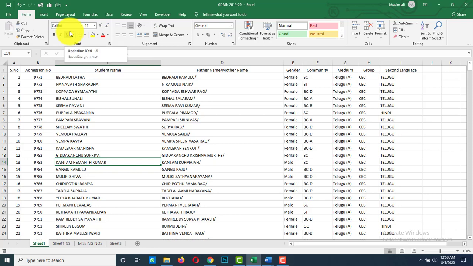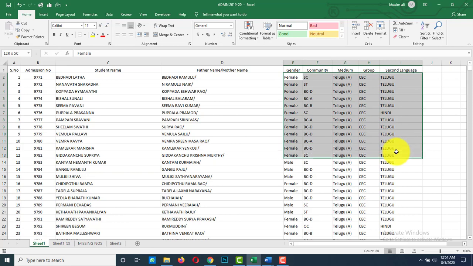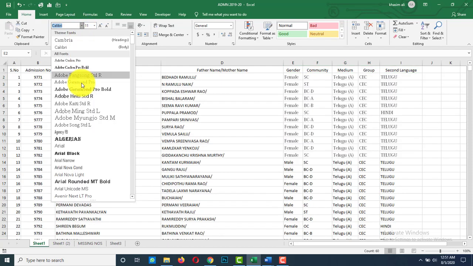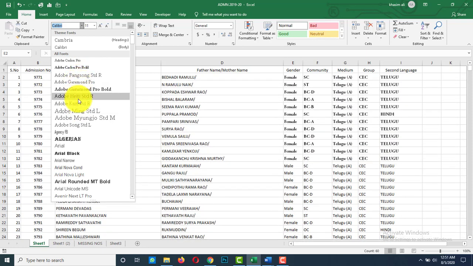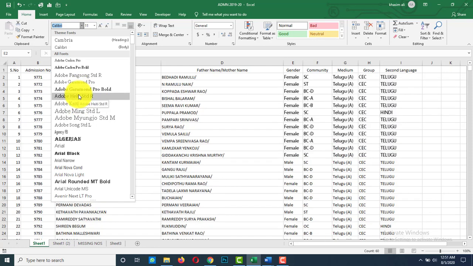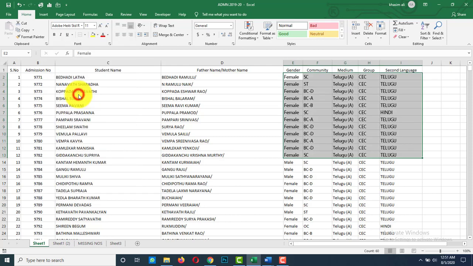However, Excel provides a variety of other fonts you can use to customize your text. Select the cells you wish to apply and click the drop down arrow. Select the desired font. A live preview of the new font will appear as you hover the mouse over different options. From here, you can select the font style. If you click on this, the text will change to the selected font.